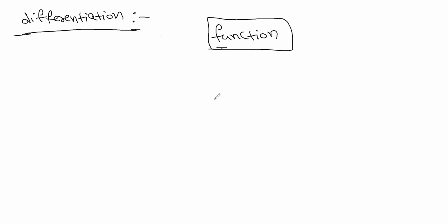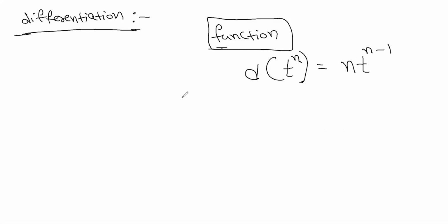Always remember, differentiation is done for a function, a function which has some variables. In physics, in the first chapter, kinematics and rotational motion, we will deal with power functions, meaning differentiation of t to the power n, where t is the variable. The formula is n into t to the power n minus 1.